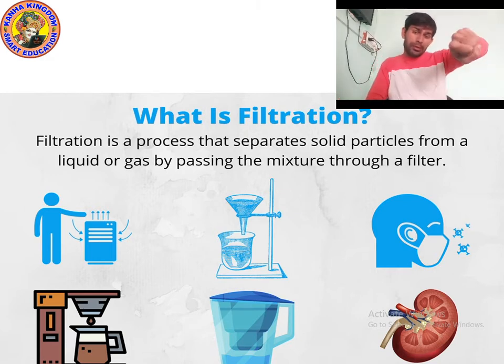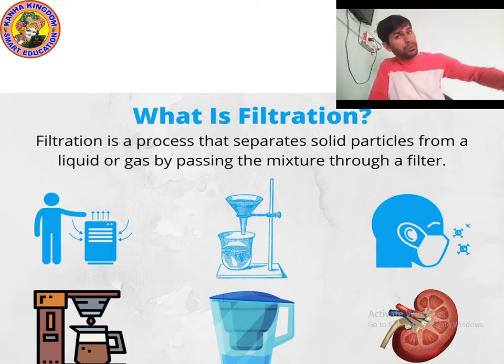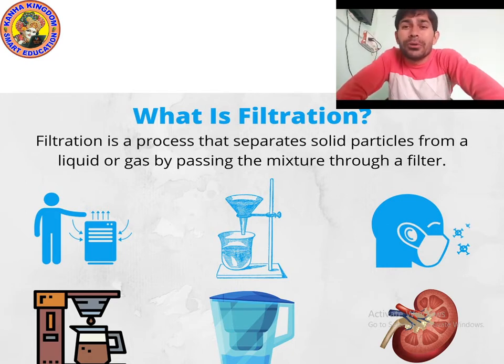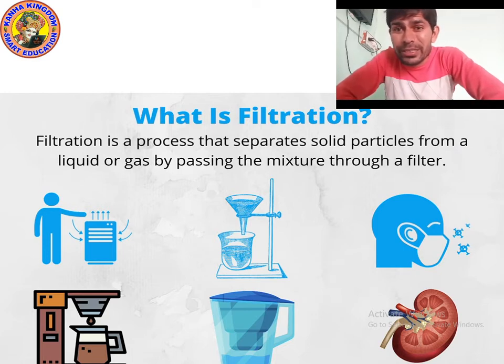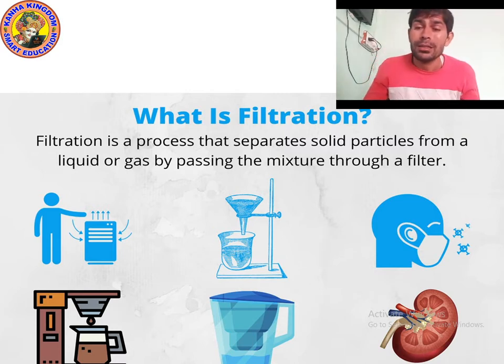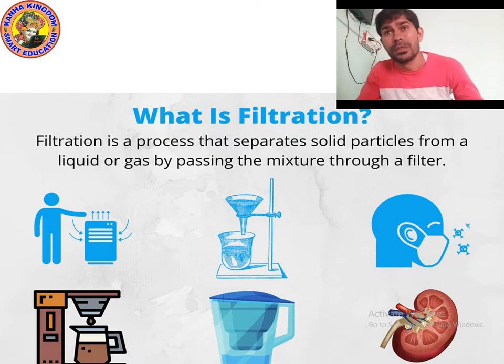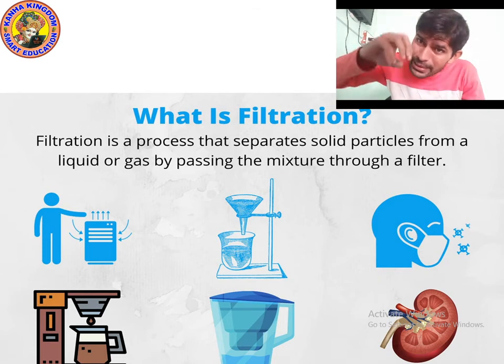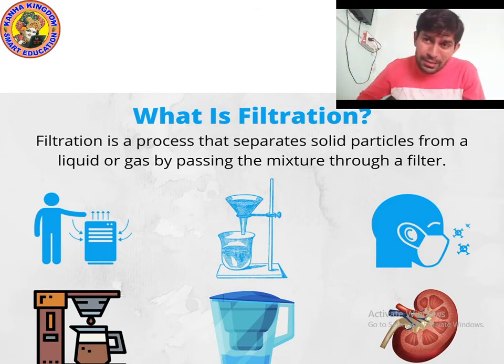Now pour the impure water, because we will not pour the pure water. Pure water can already be used for drinking purposes. So when you pour the impure water, it will come drop by drop. You will pour slowly, because the water passes through the filter paper. It takes time. It cannot pass all at once. Slowly it passes, and all the water is filtered.